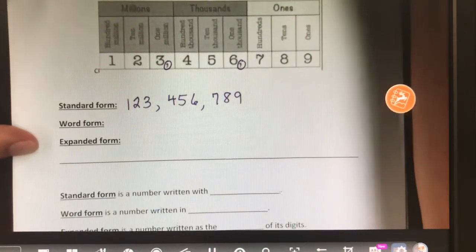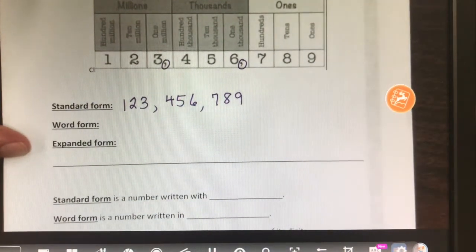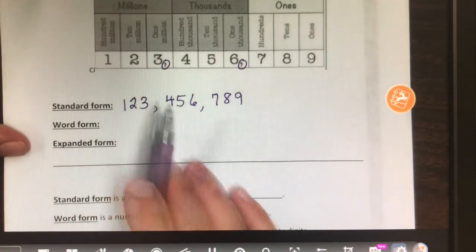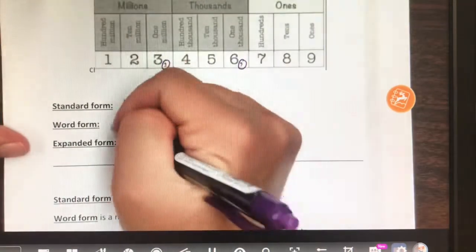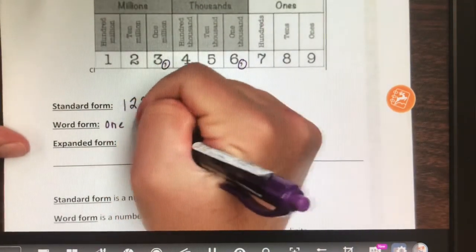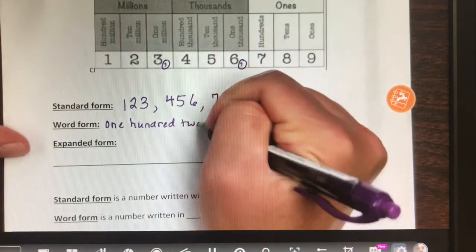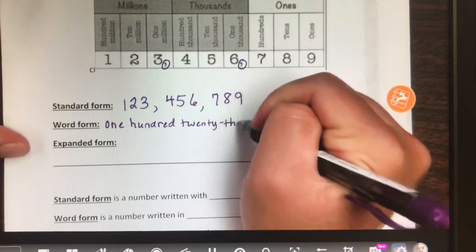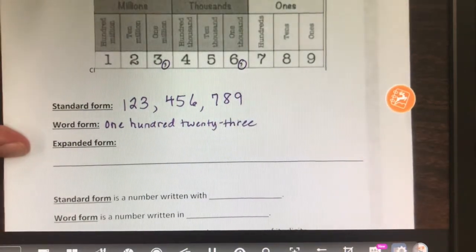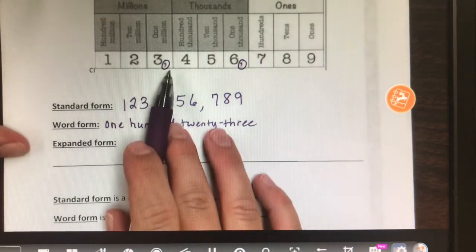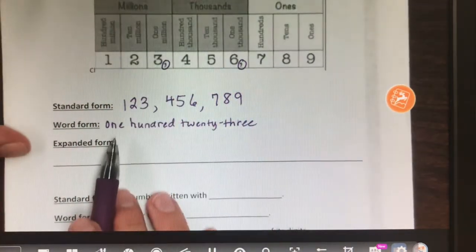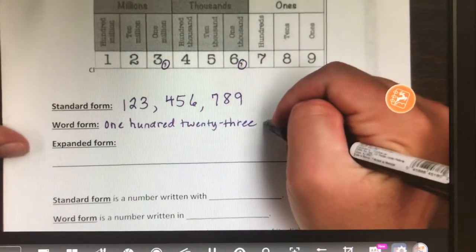Let me zoom in a little bit. Now word form is simply, you heard me just say it out loud, but I wrote numbers, and this time we're going to still say it out loud, but instead we're going to write the words we're saying. So I'm just going to start with this first chunk, 123. I'm going to try to write kind of small. 123 what? So we look at this comma, and our place value chart tells us that's the end of the millions period. So we know it's going to be 123 million,